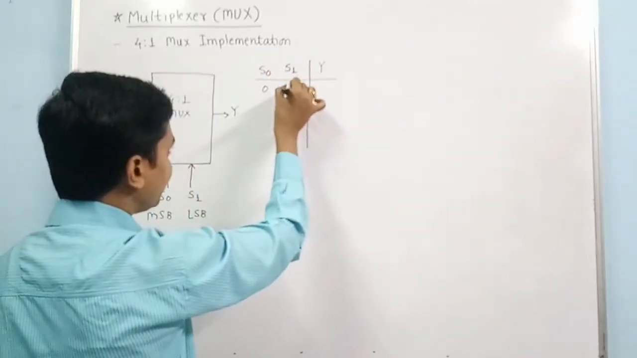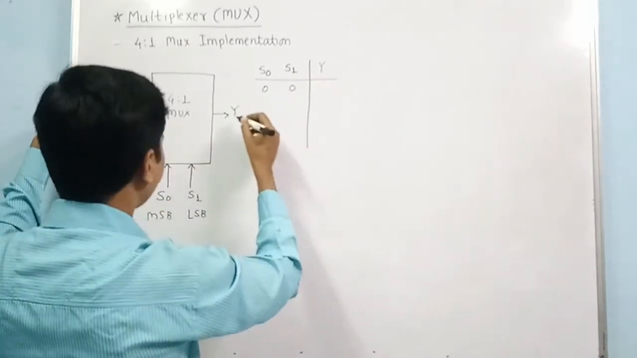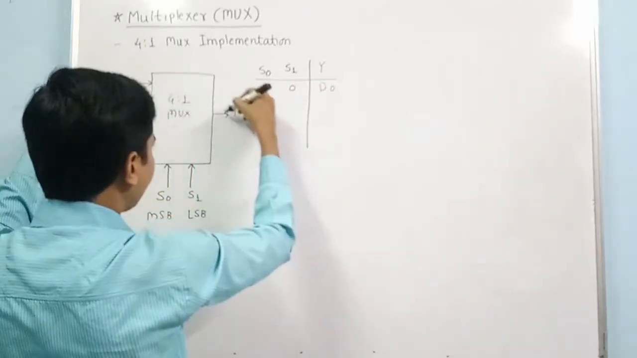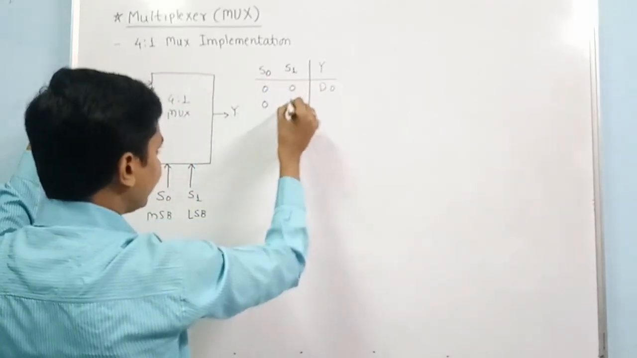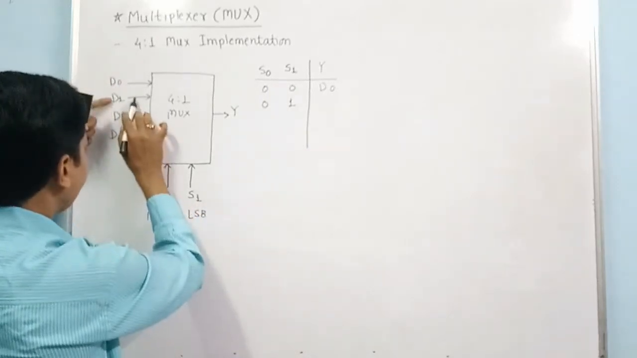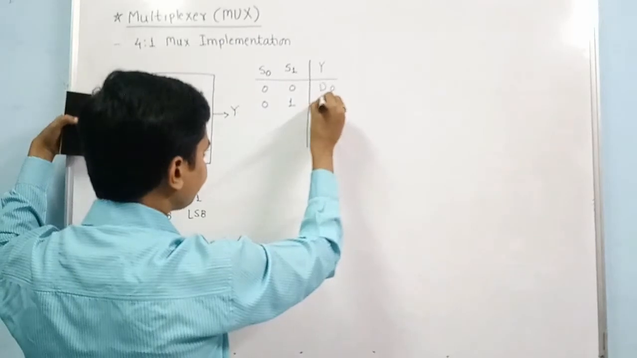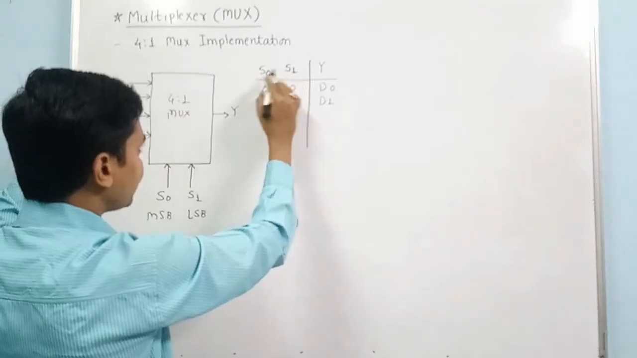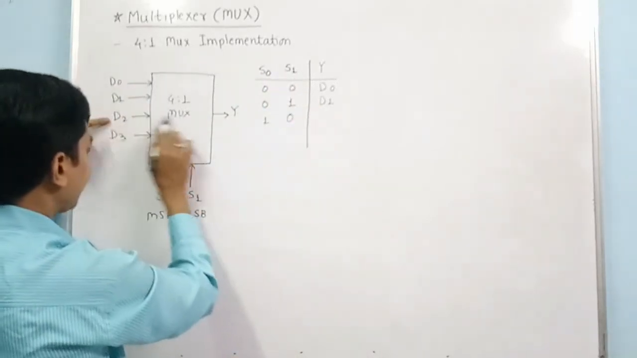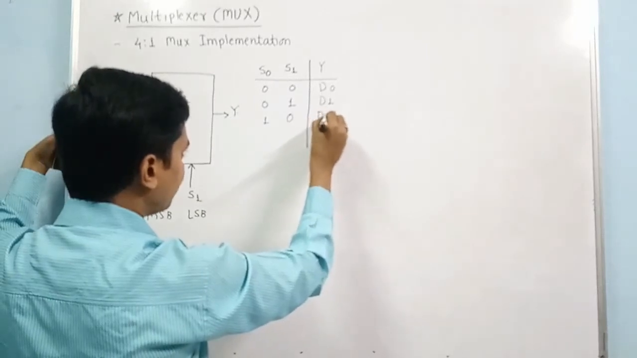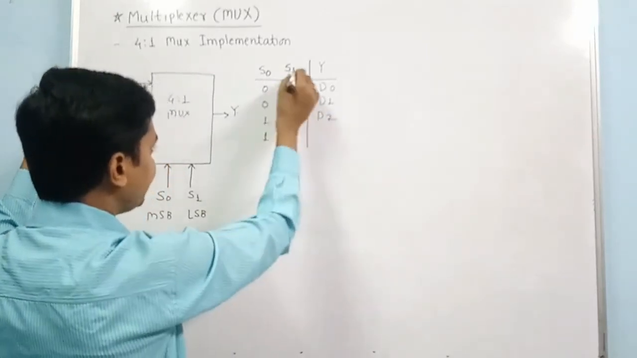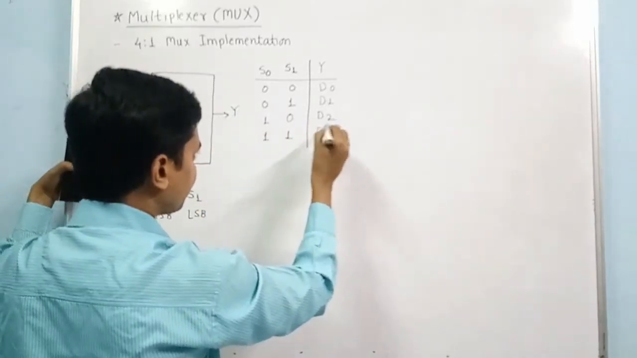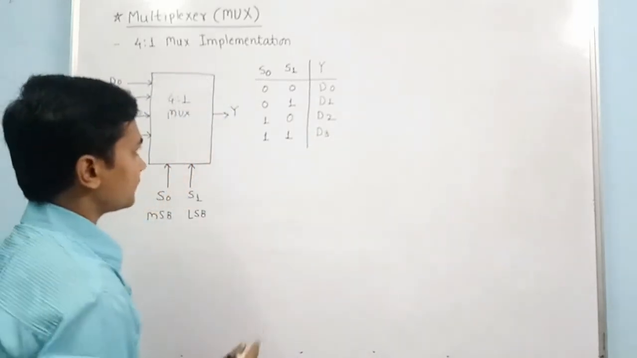For the 0 0 combination, the output will have the D0 status, whatever it is having, that status on the D0 line will be transferred to Y. Then if you send 0 1, the D1 status will be transferred to the Y line. Then if you make 1 0 on the S0 S1 lines, the D2 status will be transmitted at the Y output. And if you make S0 S1 equal to 1 1, then D3 will be transmitted at the Y line. Okay, now from this truth table